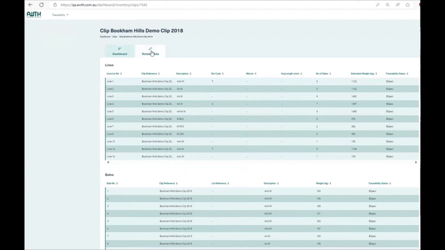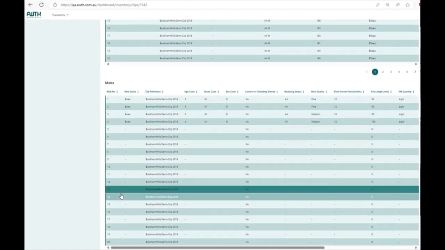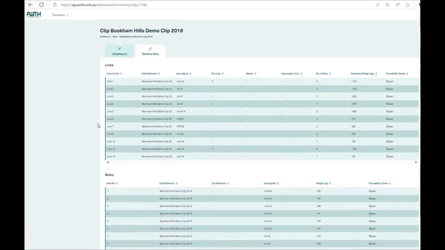So this is basically looking at the lines that have been pressed out from that clip, the bales under those, and then back to the mob level. So we can look at it 3 different levels. If we come back through then and look at